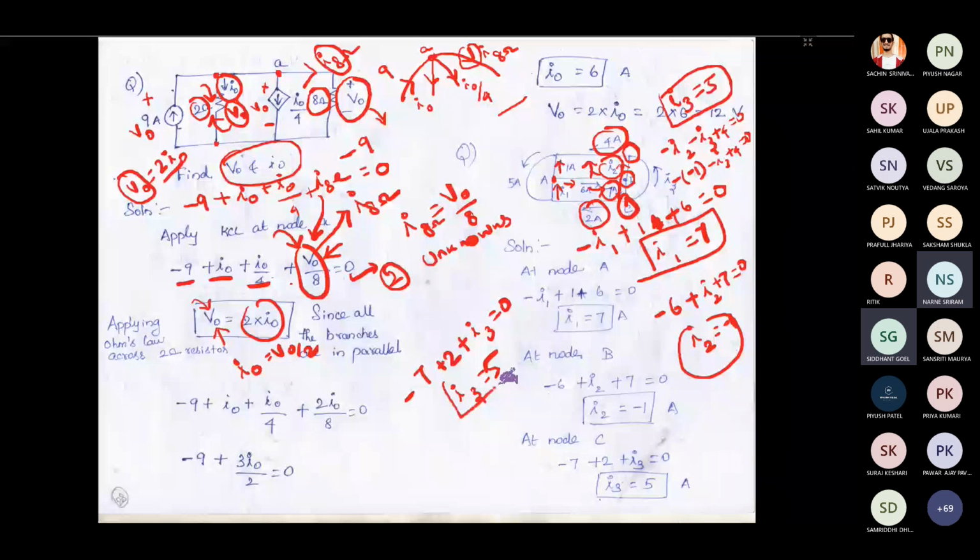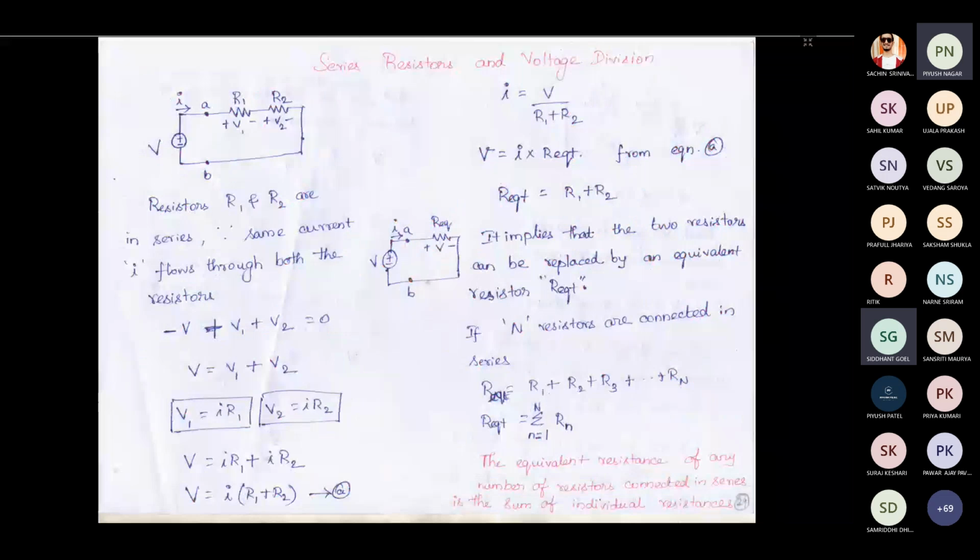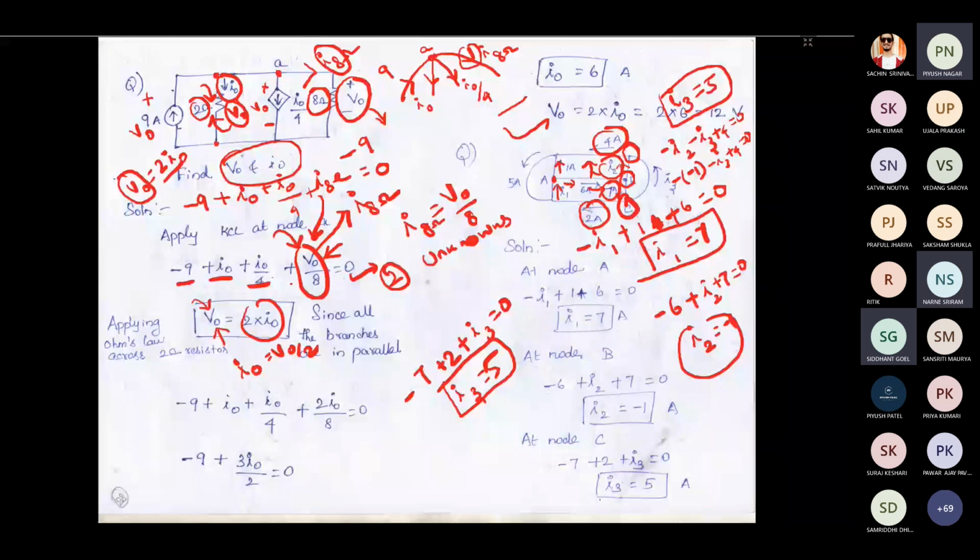And these are very simple KVL and KCL circuits which you would have solved in your school, or in your 12th standard also. I mean simple KCL. Even though you would not be aware of dependent sources, you would have applied KVL and KCL simply. Okay, so now let us proceed further.